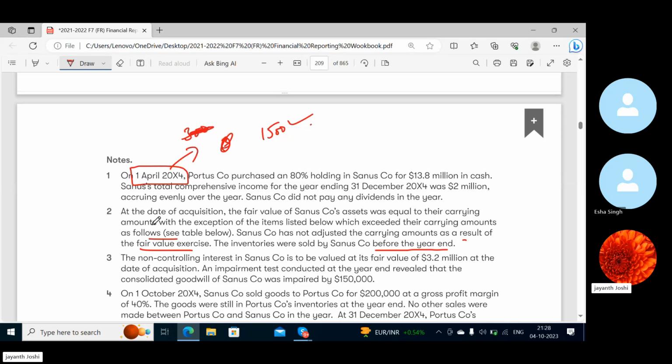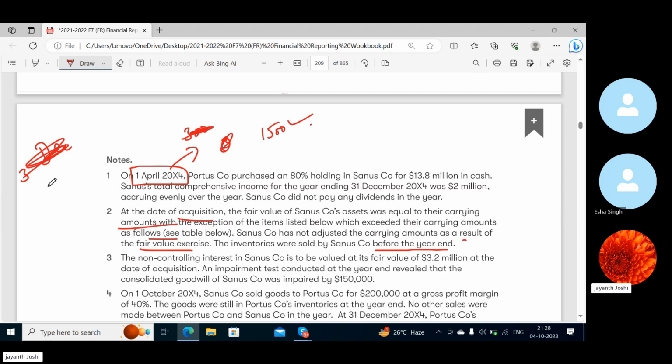See, at the date of acquisition, the fair value of Sanus company assets was equal to their carrying amounts. The carrying amounts that we are seeing in the balance sheet are at the end of the year. Let me be very frank. But these two items, inventory and property, plant and equipment, their values were higher, with the exception of the items listed below which exceeded their carrying amounts as follows. So whatever was the carrying amount on 31st December,